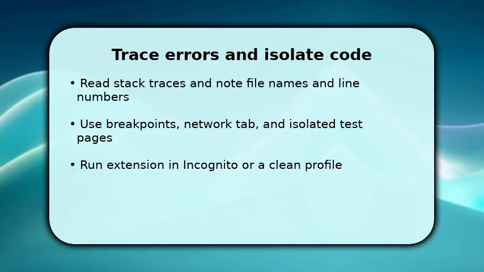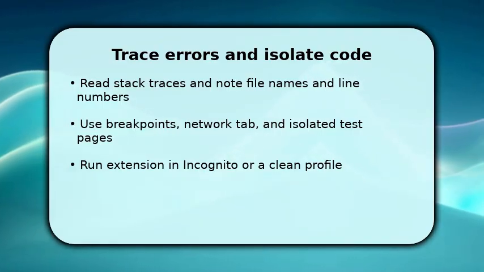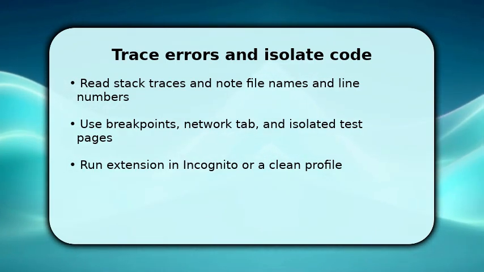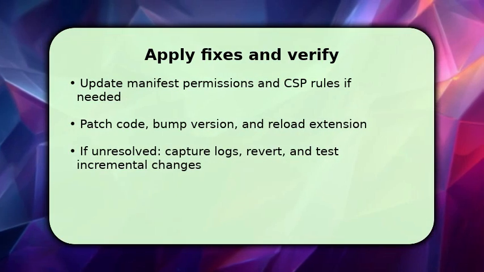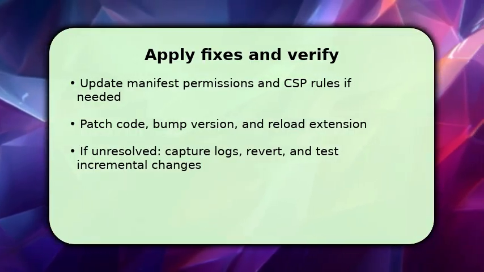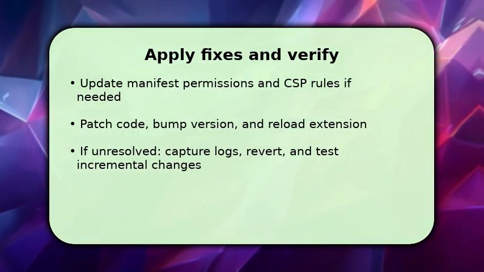Once you identify a faulty module or permission, create a minimal repro to verify the fix before changing the main codebase. Finally, implement targeted fixes, correct manifest.json fields, tighten or loosen permissions responsibly, adjust content security policy directives, and repair the offending code paths you traced